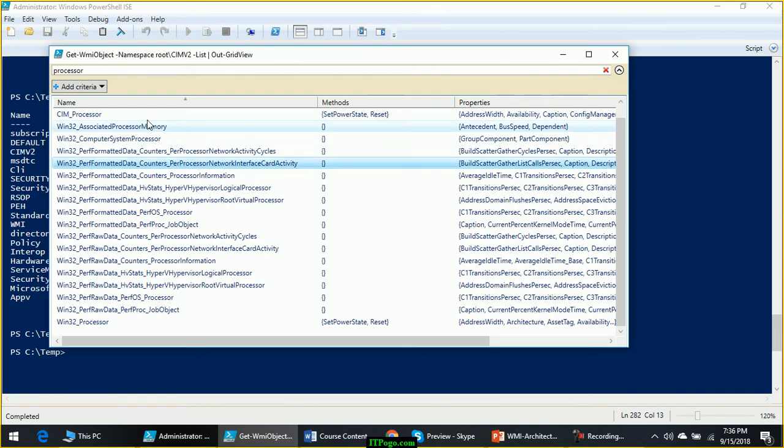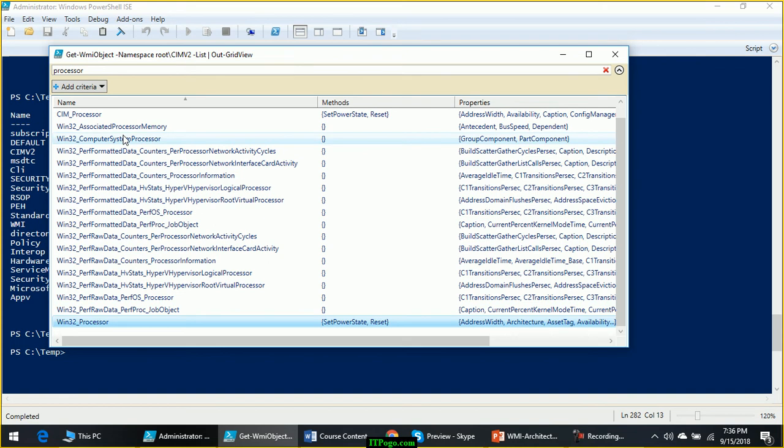We don't care about preformatted data and whatever extra information is there. We are looking for processor. We will look for the class names which start with CIM_ or Win32_. I will explain the difference very soon. So here the most obvious results are CIM_Processor and Win32_Processor.